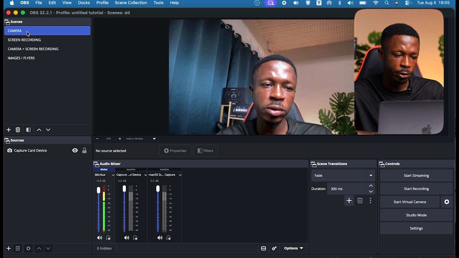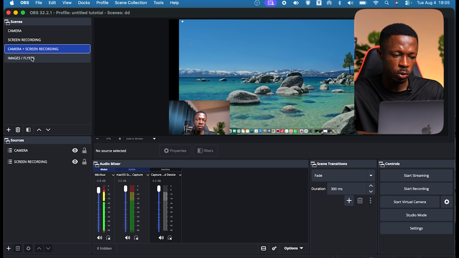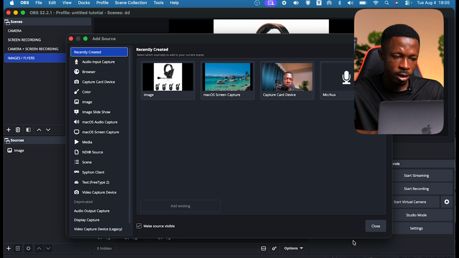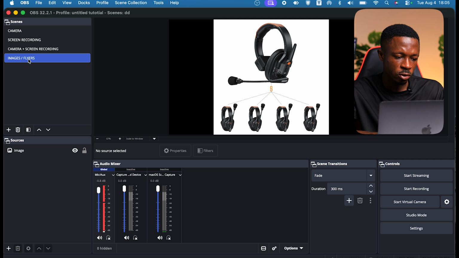So always you need to create them individually. Whatever you want to add, you add it accordingly, how you want them to be. So maybe I want to add another image over here. I can go under the scenes of the images of flyers, in the sources of it, I'll go to